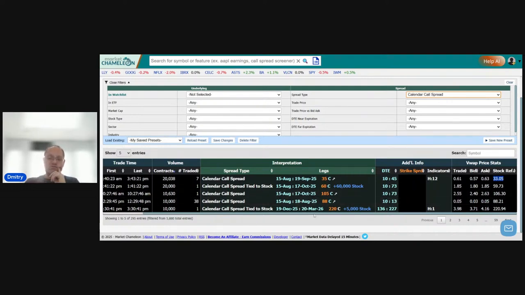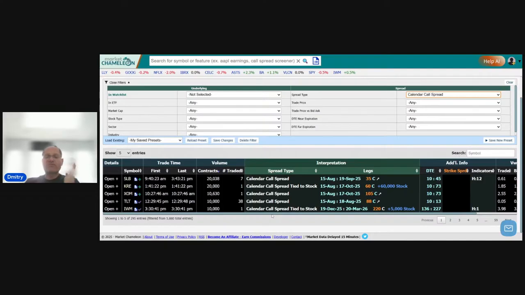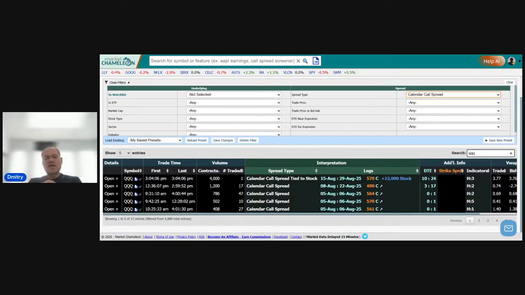And you could, let's say, filter out a specific stock that you're looking for calendar spreads. We could type it in here in a search box. And let's say we are looking at QQQ, right? So QQQ. And now we filtered out, just for QQQ, we have 17 calendar call spreads. The top one traded at 304.06. So this calendar call spread was the August 15th, August 29th, 570 call. And this one actually had